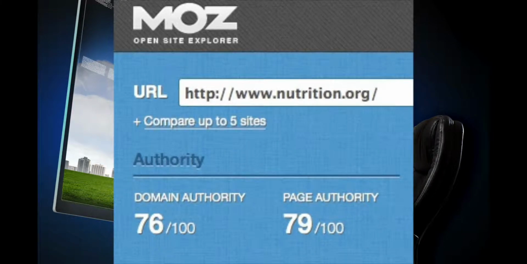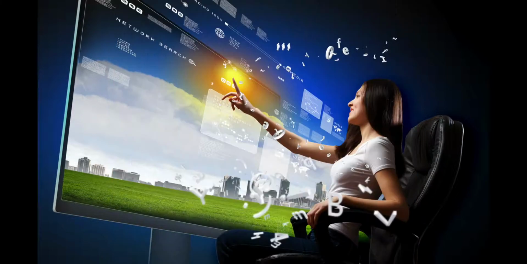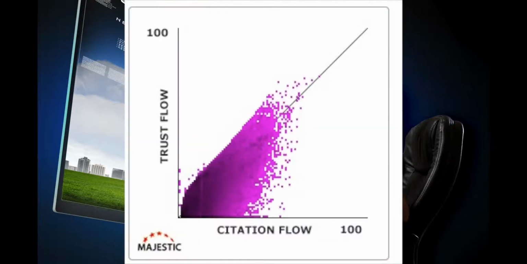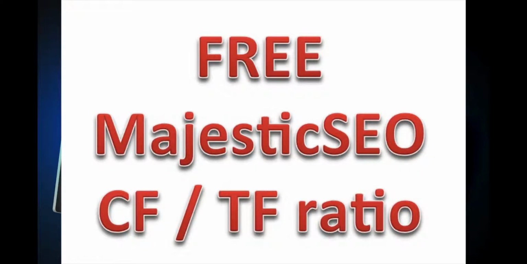A domain that has a high page authority and domain authority will likely have a high citation flow, but its trust flow will depend entirely on the quality of links. This is why we have incorporated the CF-TF ratio into Domain Metrics Tool to quickly filter out low-quality spammy domains